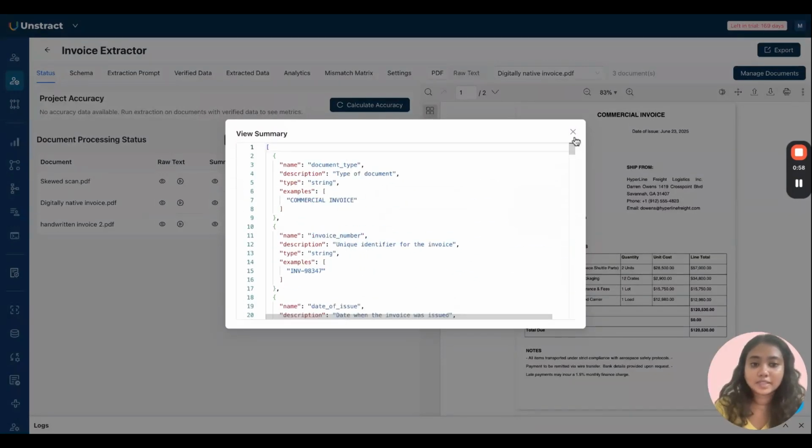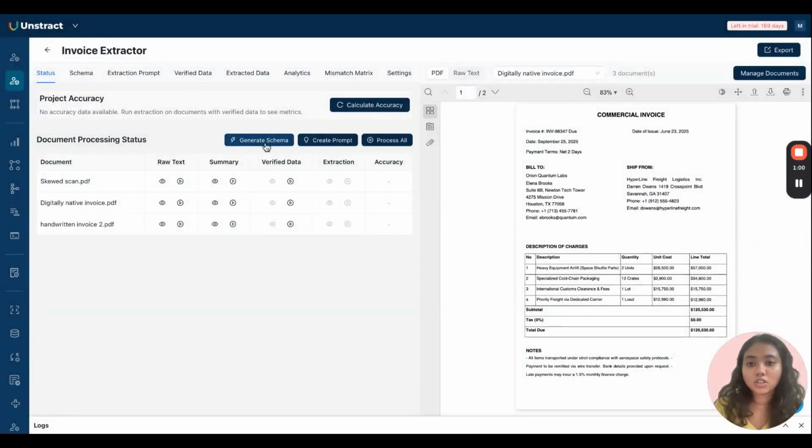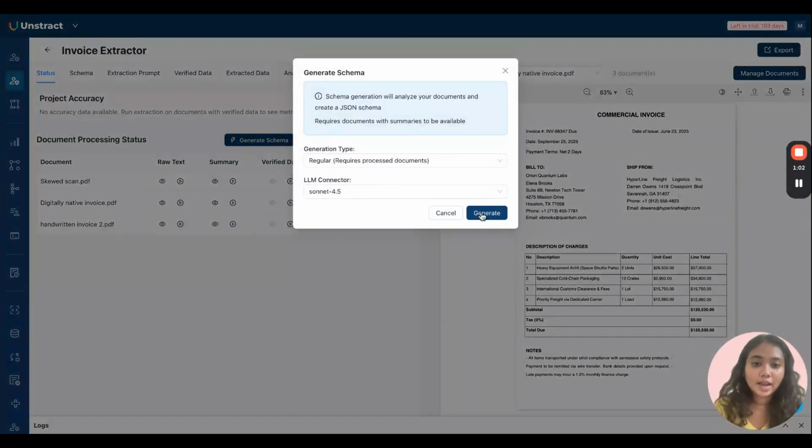Once the summary is ready, I can click on generate schema. And what happens is the system deploys a multi-agent pipeline which runs across all these summaries, and it looks for values that it could normalize. For instance, your date in one invoice might follow the format with the date first followed by the month, whereas in another invoice you could have the month first followed by the date.